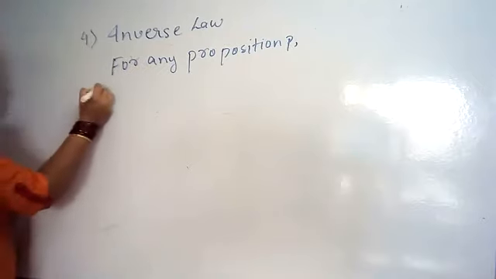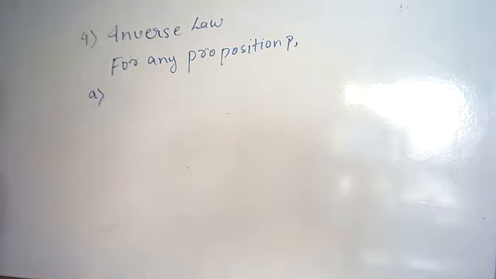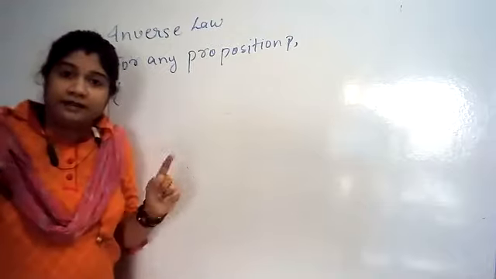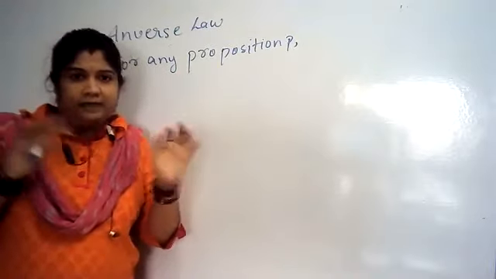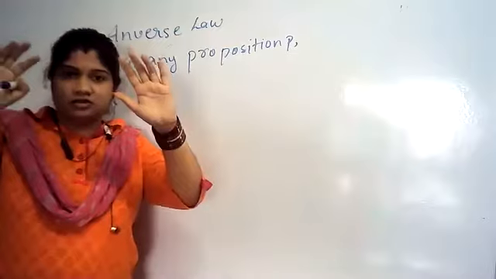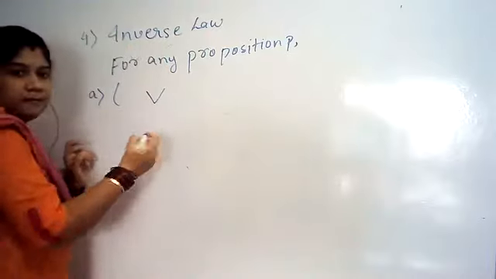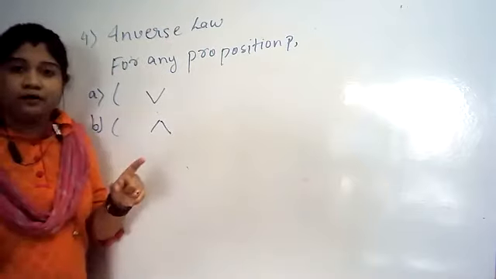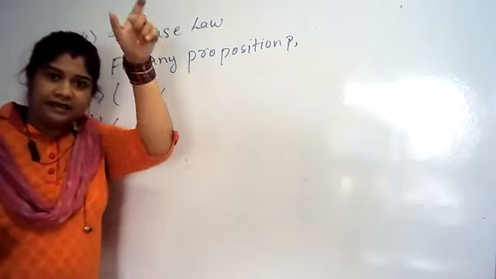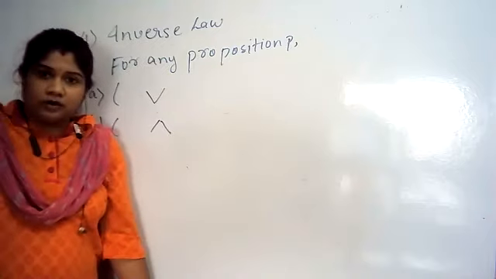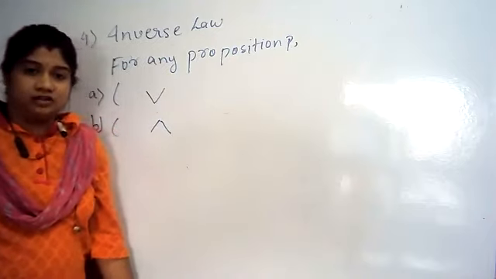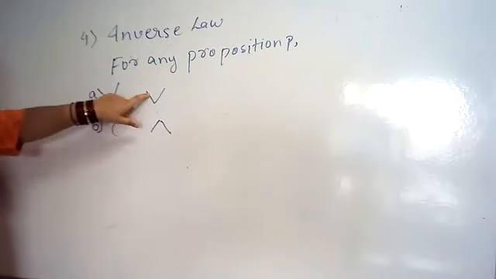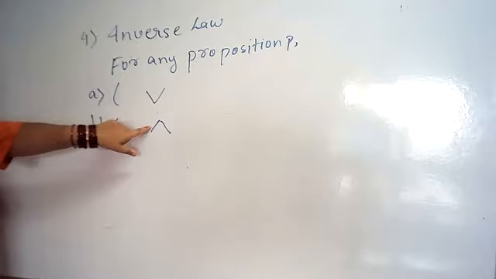A1, first A is what? P disjunction. I told you a hint: in A, it is always disjunction, the middle operator is compulsorily disjunction. In B, the middle is always conjunction. Remember this one. In set A, they have taken all as disjunction, then B they have taken as conjunction. First will be disjunction, second is conjunction.